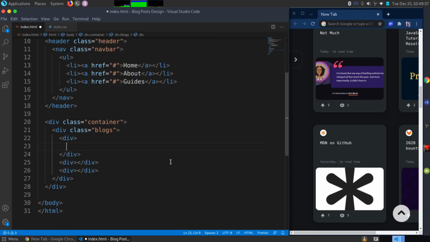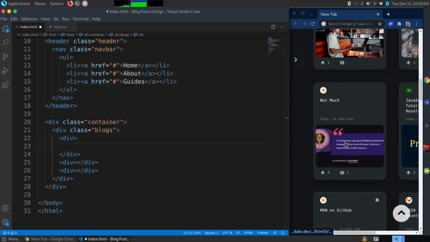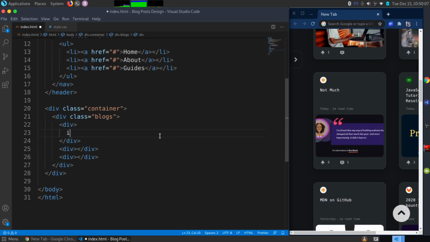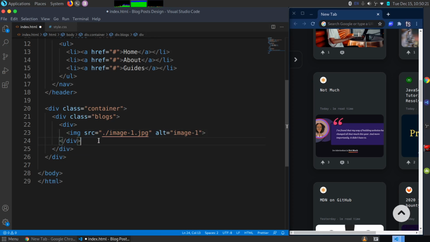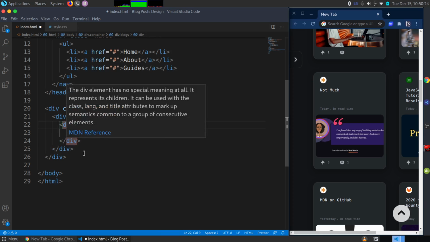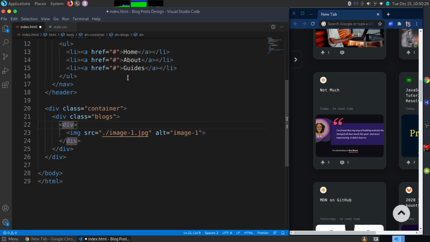And then I'm just going to say, how do I want to do this? Actually, I can even use this guide that is right here. The image on top, let me just create the image on top. This will be coming from image 1. The alt will be just image 1. This is confusing me a bit, let me just remove it. And let's see, I want the image at the top, then the title, and then the story, and then I